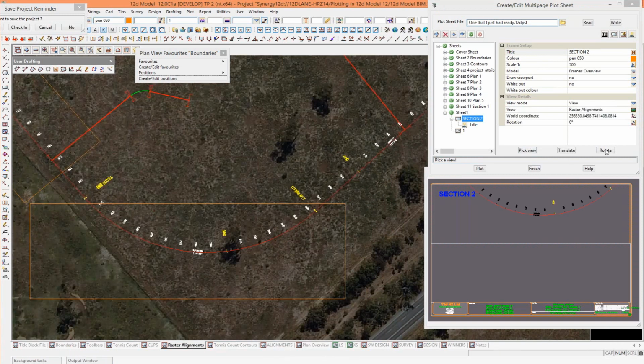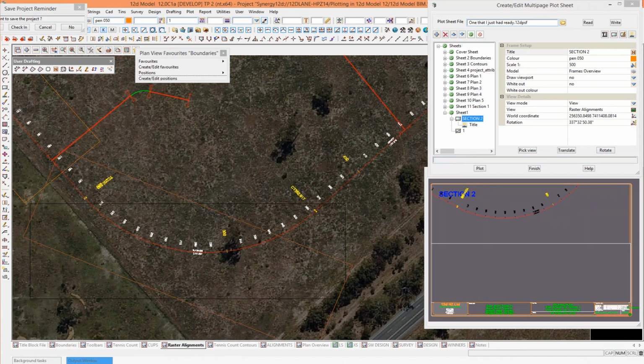I want to rotate that view, rotate that around, and I'll just translate it as well. Just get it into the right location where I want it to be on my sheet. So you can see there it's all placed, but my text is in the wrong place. So I just go and,